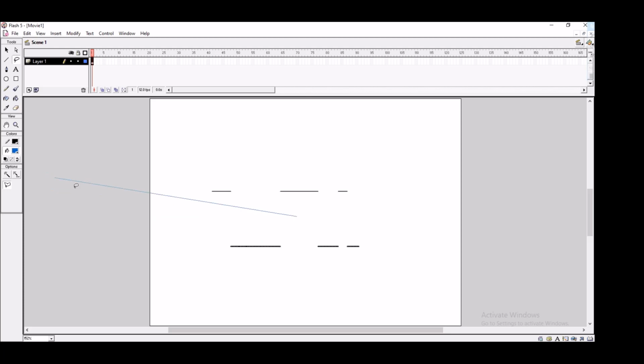So this is with the lasso tool. You can even edit this line with the help of the subselect tool. First, draw a frame, and then there will be 2 points which will display the starting and ending of the line. You can edit the line as much as you want in any required shape.